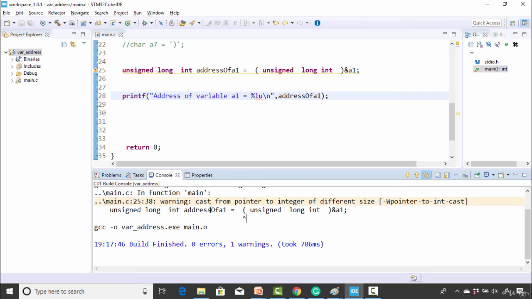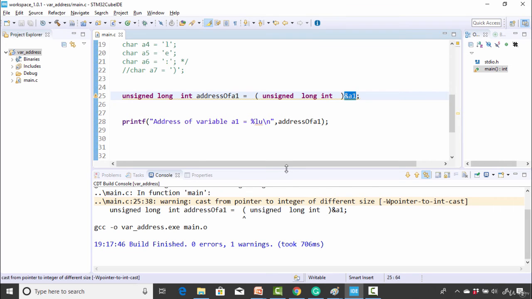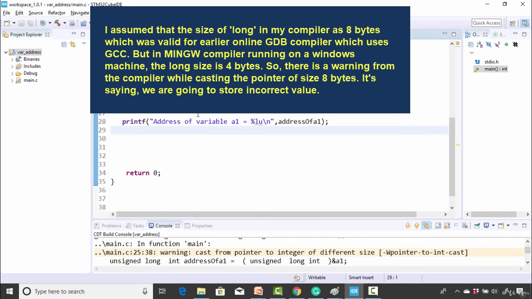All right, so now you can see that the warning has changed to something else. Now it is saying cast from pointer to integer of different size. This warning is coming because on my machine, the unsigned long int is actually 4 bytes. Basically, it is compiler dependent, as I said previously. So everything is compiler dependent here.